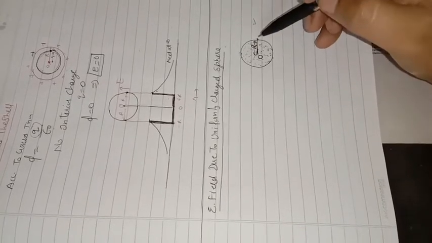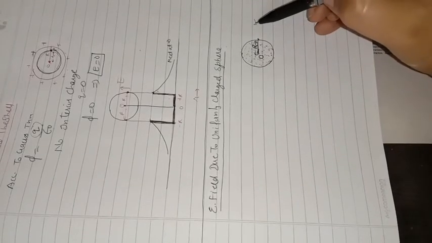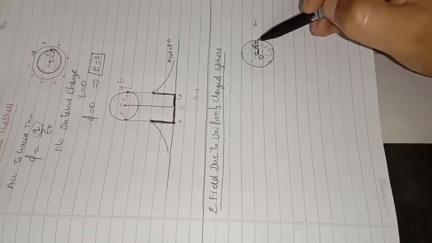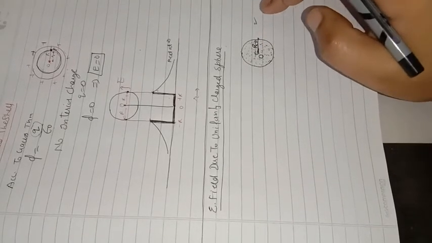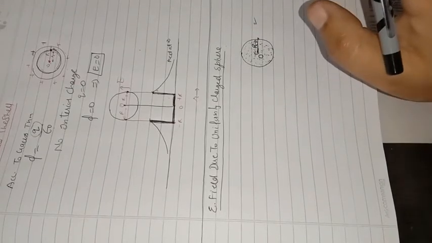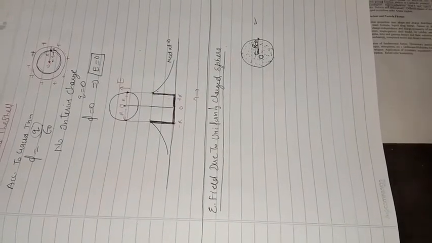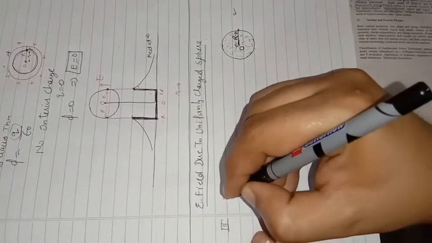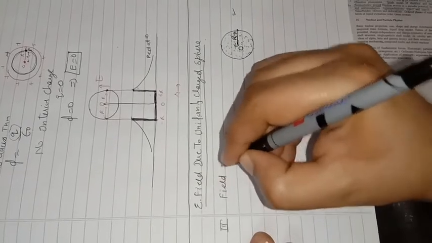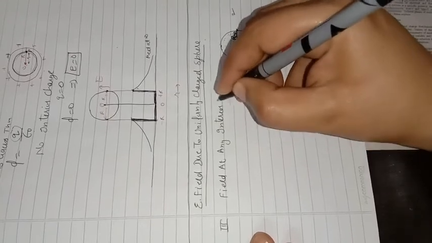When we derive the expression for the field due to this case, the first two cases, when the observation point lies outside or when it lies on the surface of the sphere, will be exactly the same as the earlier case. So the difference will be produced only in the third case, when we have to determine the field at an interior point. So we are going to discuss only the third case, where we have to find the field at any interior point.